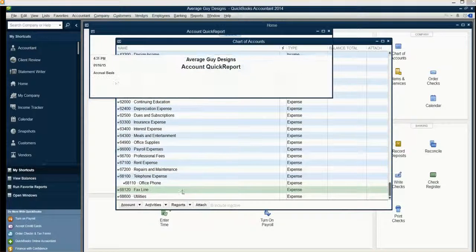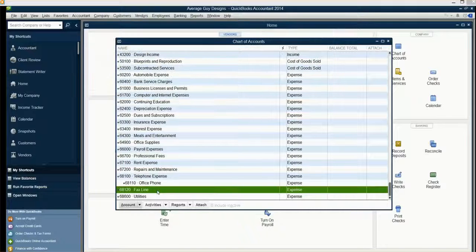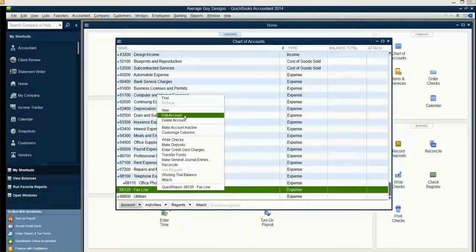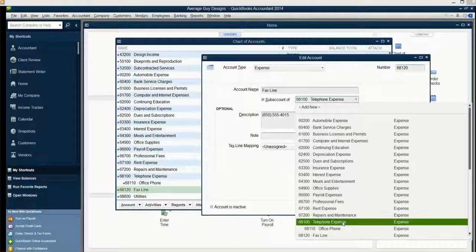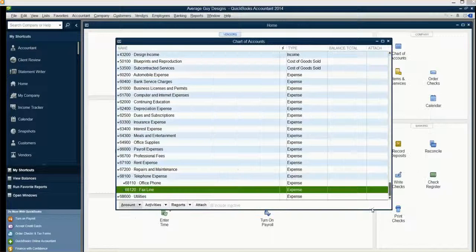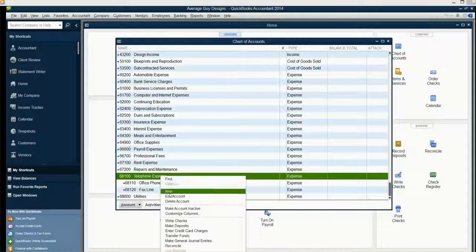The mistake we made for fax line, so let me close this, is we did not make it a sub-account. So edit, sub-account, telephone, save and close. Okay, so now we made it a subcategory. We're going to go back to telephone. We want to add one more. So telephone, new,